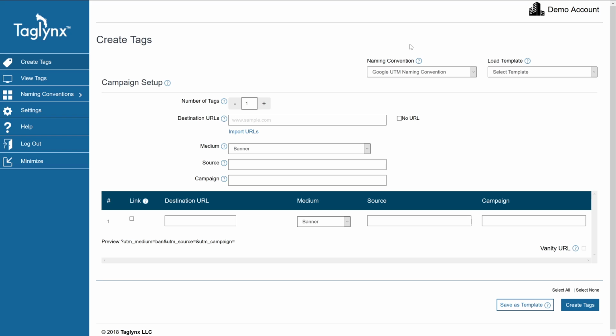So here on the Taglynx Create Tags page, this is the page you're going to fall on after you first log in and finish your initial setup. In this case, we set up a naming convention called Google UTM Naming Convention. All your naming conventions will be here in the drop-down as you create more. But for now, we're just going to be creating some tags in the Google UTM Naming Convention